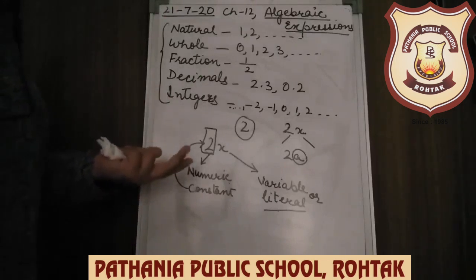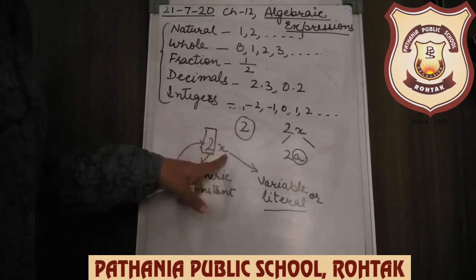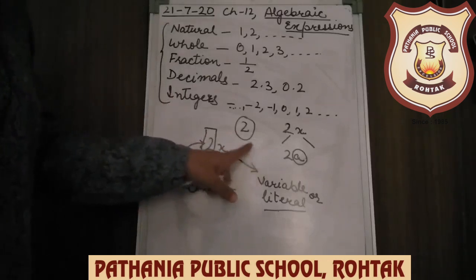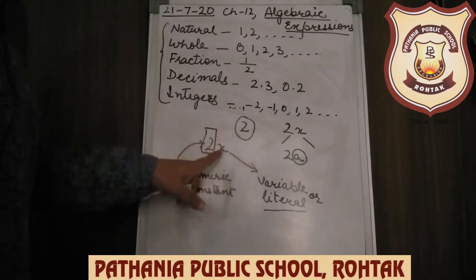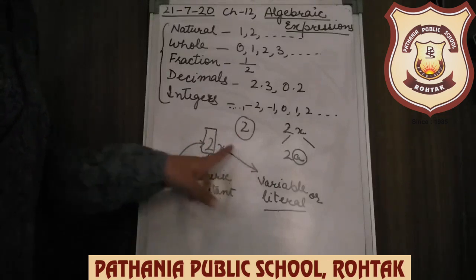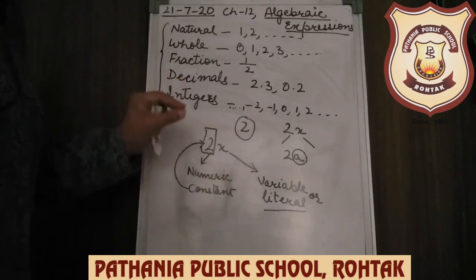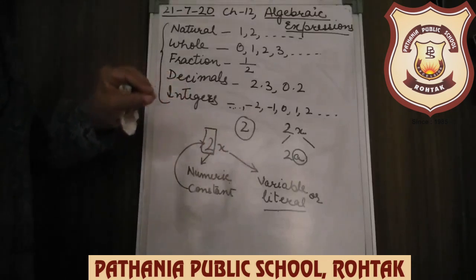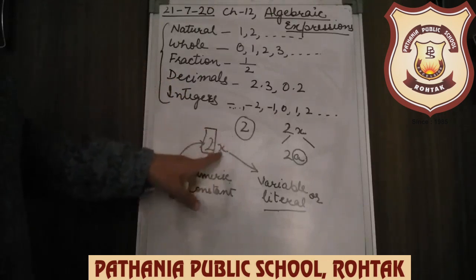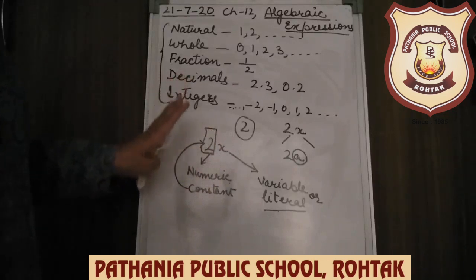When we solve the questions, then you will come to know this part. For this variable part, I can put any value and find the answer. So that's why this part of the expression is called a variable, and its value is not going to be a fixed one. We can write any numeric value for the variable part, whereas 2 is a constant, it is given, so it will remain as it is.